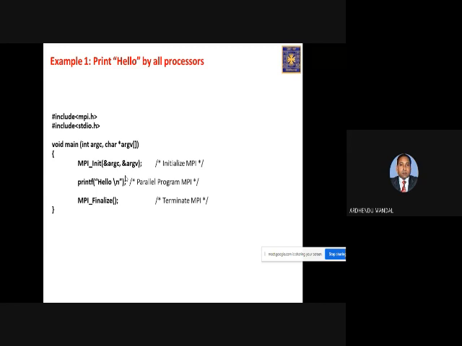How do you understand that this is the parallel part? Because this printf function is within MPI_Init and MPI_Finalize. After invoking Init, it does the MPI initialization in parallel mode. Whatever instructions come after that run in parallel mode, and after Finalize, it comes back to sequential mode again.